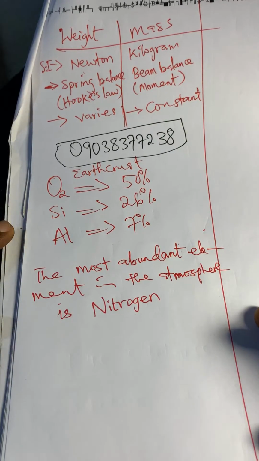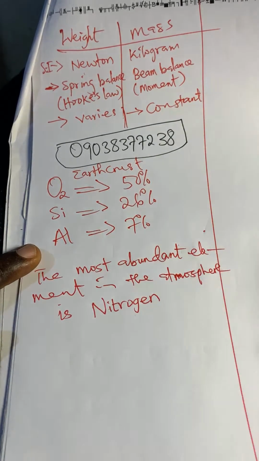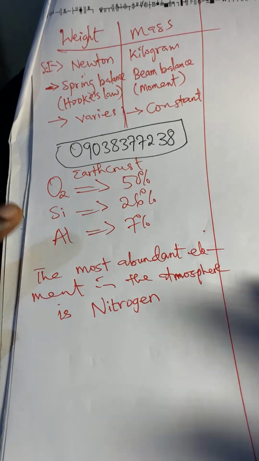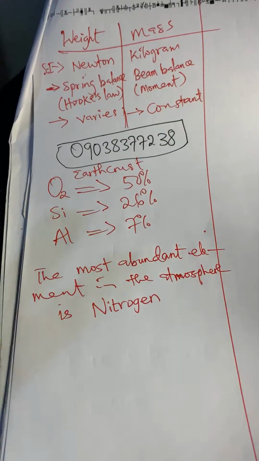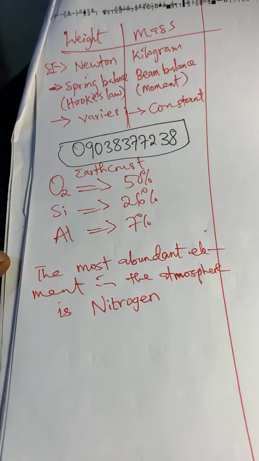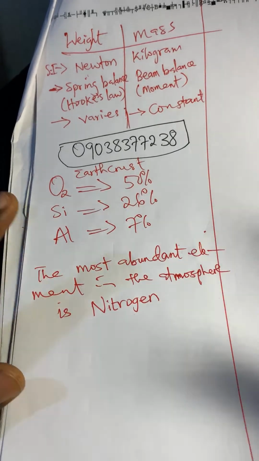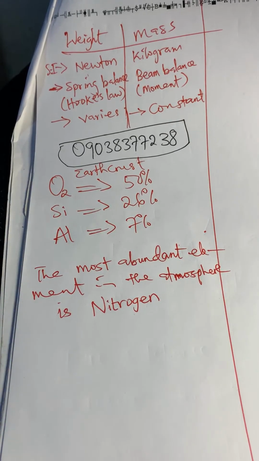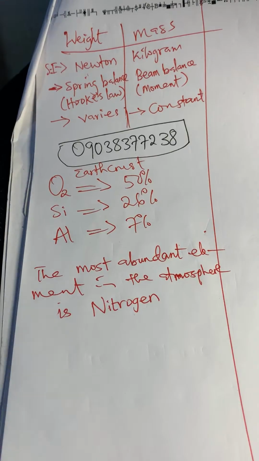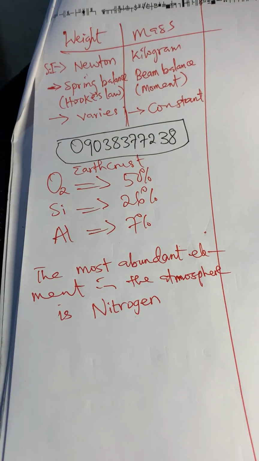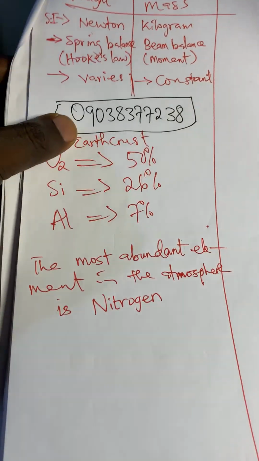Don't forget what I told you about mixtures. A mixture contains two or more substances which can easily be separated by physical methods. A mixture is split into homogeneous and heterogeneous mixtures. Homogeneous in the sense that it has the same composition throughout, heterogeneous in the sense that it has different composition. We are going to go into separation techniques in our next session.